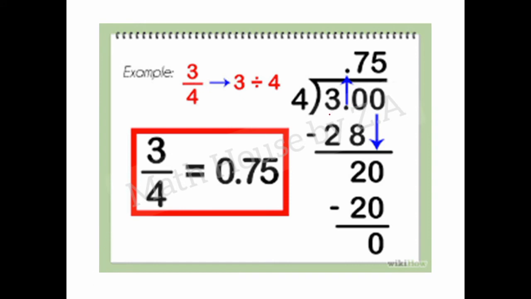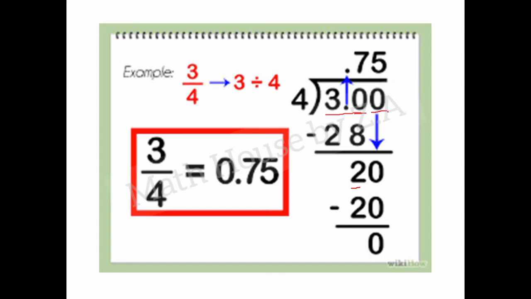If our dividend is less than the divisor, we put a decimal point here and here also at the same time. So we put a point here and after that I put a single 0 first. It becomes 30. Now we can divide 30 by 4. So 4 sevens are 28. Subtract them, we will get 2, and then again I can't reach the final answer.